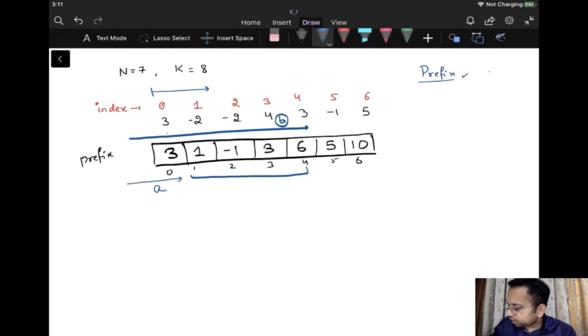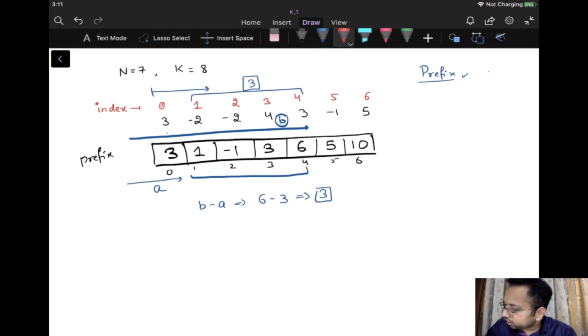So how can I do that? I can simply do b minus a. So b minus a is going to give me 6 minus 3, so that is going to be 3. So let us check whether the sum of this particular range is equals to 3 or not. So you can add these elements, and you can see that sum of these elements is equals to 3 only.